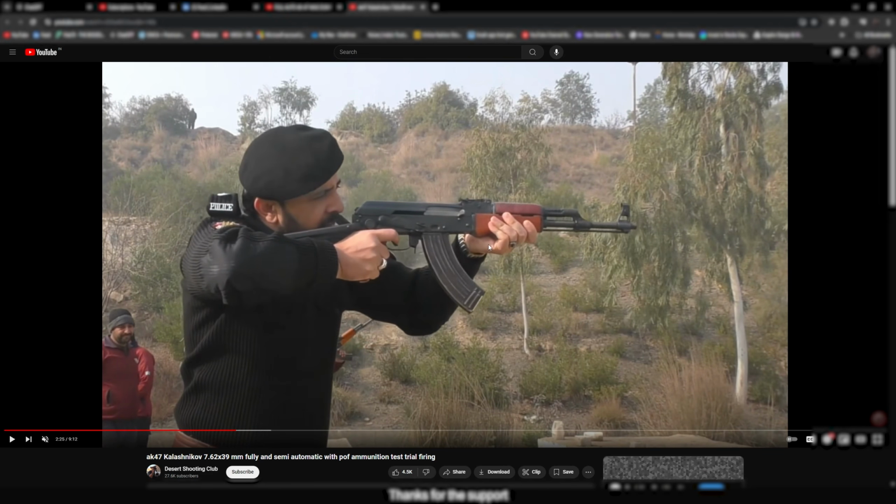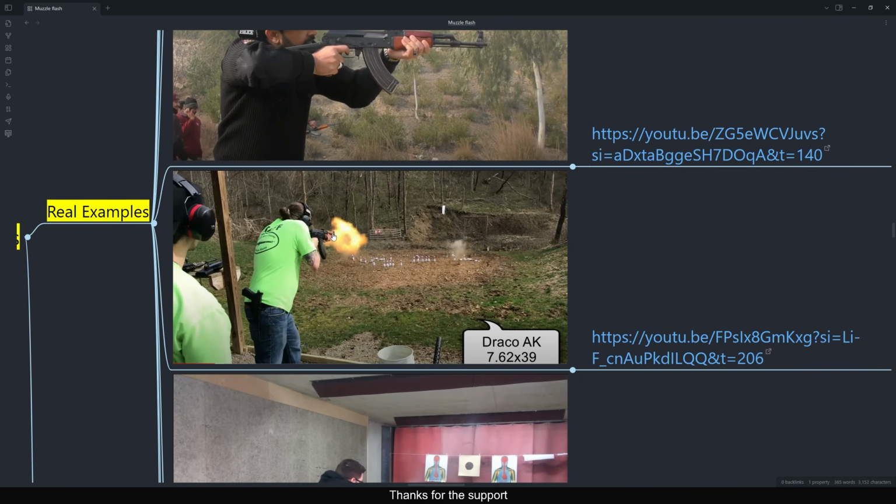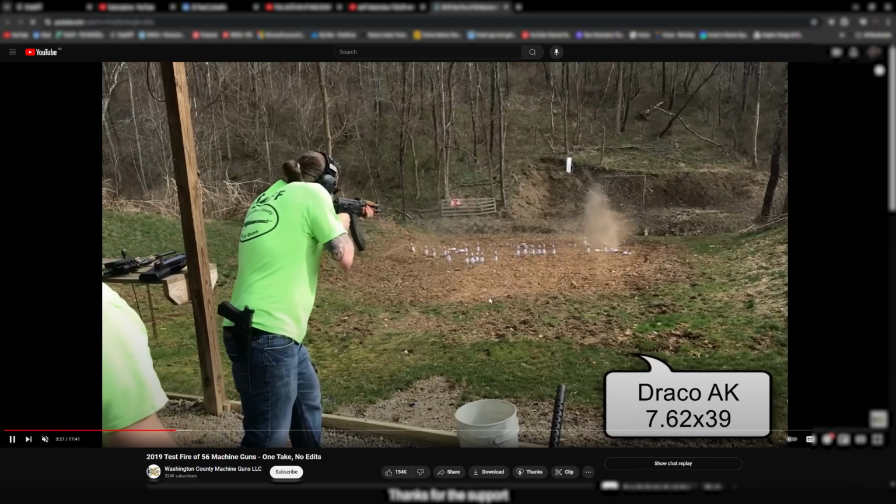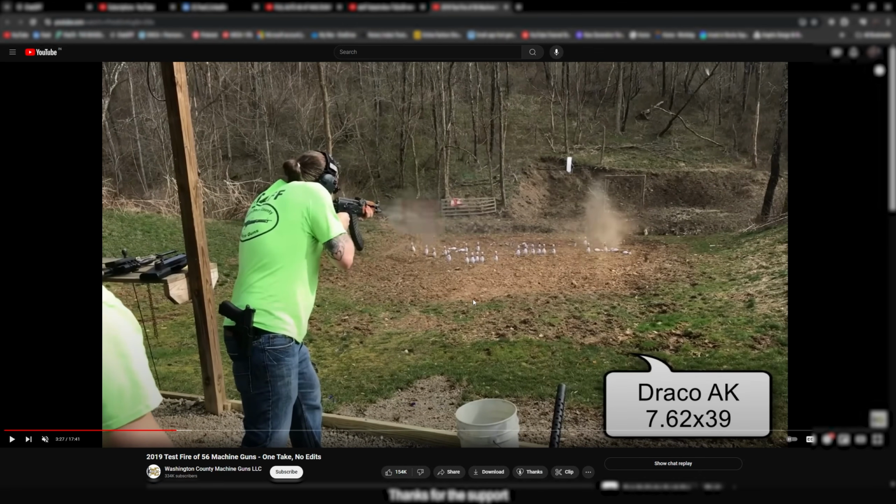So in our footage, that guy is also firing semi-auto. I mean, it's not fully auto. And in the next one, in this frame, we can see the actual flash. So as I said, it's very random. Sometimes it appears, sometimes not. So he's firing this gun again, a Draco AK, 7.62 round. 7.62 is the bullet size. All right. So you can see while he's firing, sometimes we are not able to see the flash. We see this heat and heat distortion in the air, right? But if I go back a few frames,